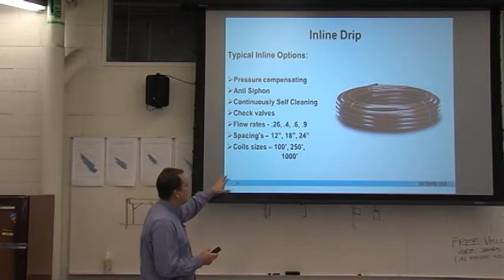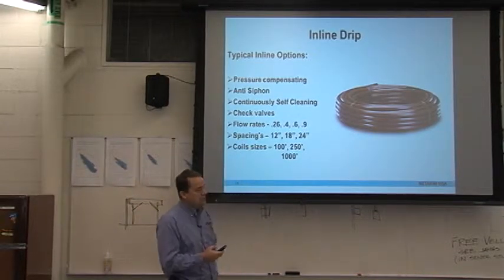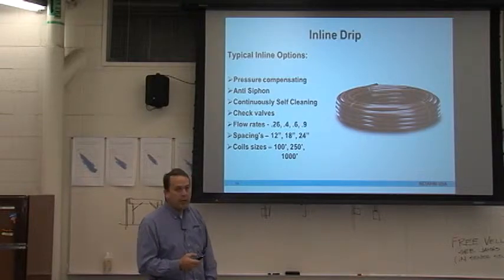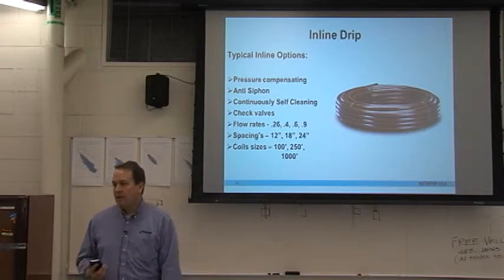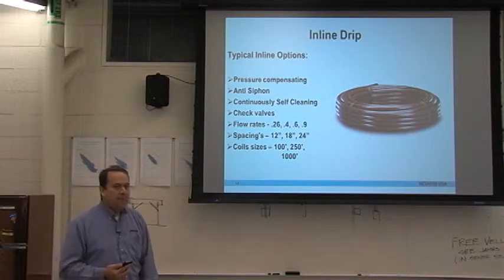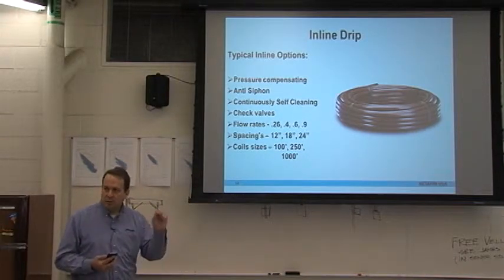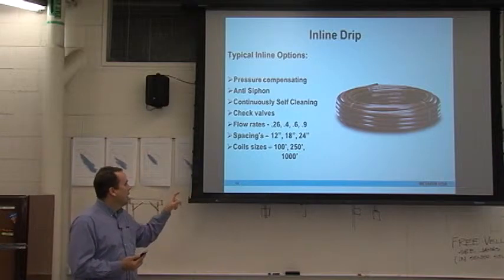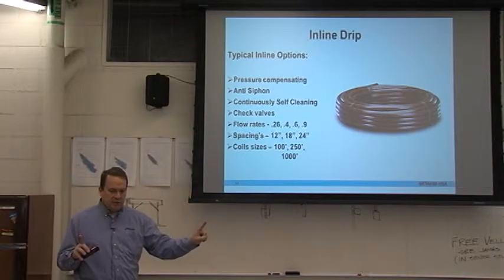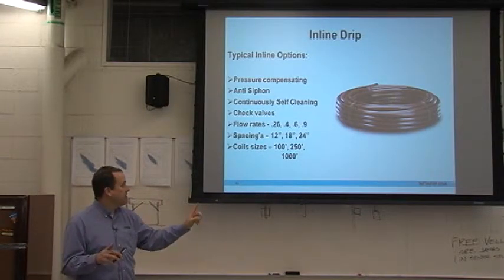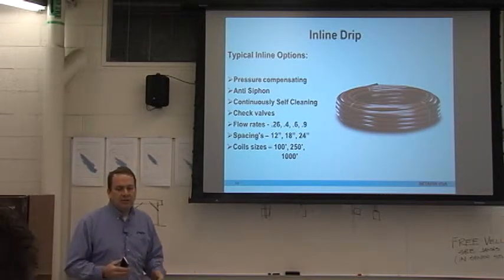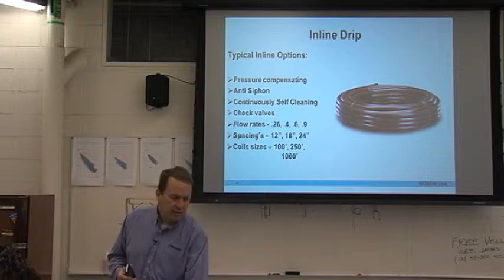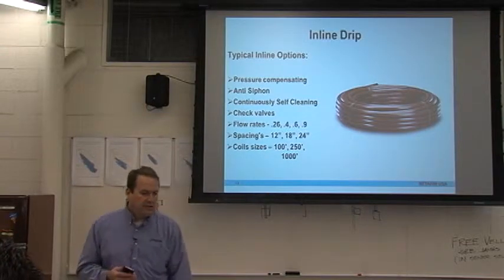And then the flow rates: 0.26, 0.4, 0.6, 0.9. In drip, we talk a lot about gallons per hour, okay? Instead of gallons per minute, because we're applying the water slower. And then our emitter spacing in the tubes: the emitters are every 12, 18, or 24 inches. And then our coil sizes, you can buy coils of tubing in different lengths based on the size of